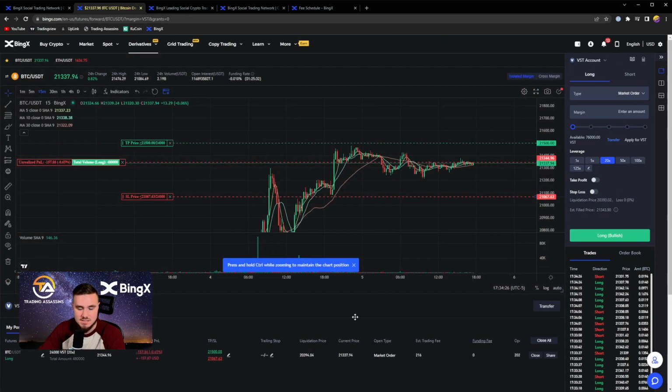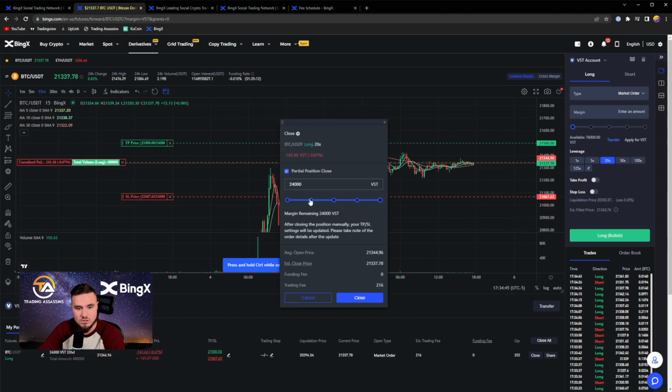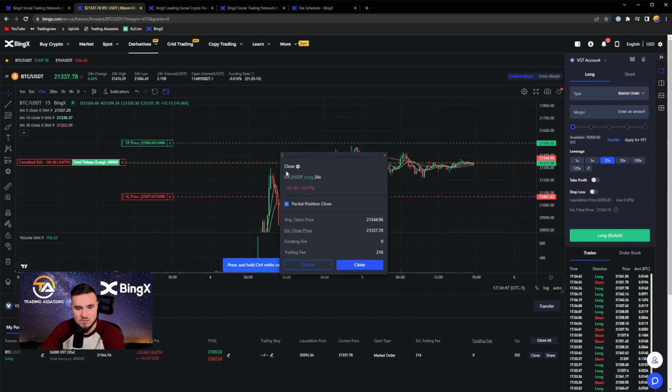So this is the VST account, which again is your demo funds. The live trading account is very similar. If you want to close the order, you can click this X. You can also click close as well. If you have multiple orders, you can select close all. So we'll just close from right here. It'll ask if you want to do a partial close, how much of that you want to close. We're going to do all of it, close,